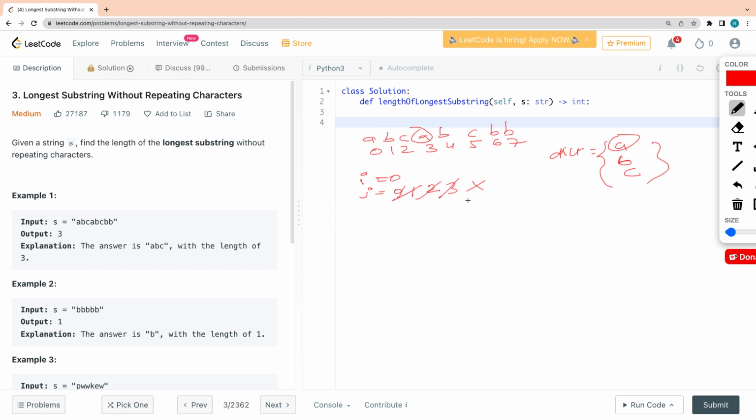Then once you are breaking the loop, you will increment i, it will become 1, and you will start your j again from 1, right? Again, you need to clear everything from the dictionary every time because we are starting all the window calculations fresh from B. And the same thing can go for all the